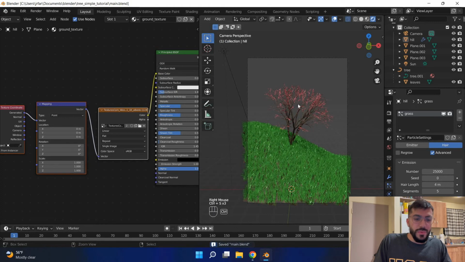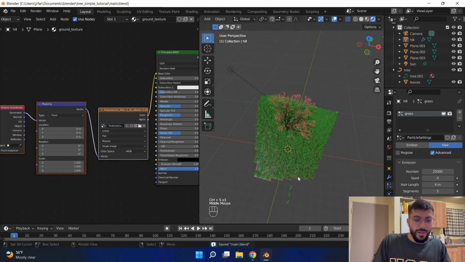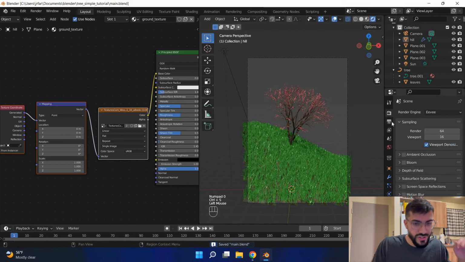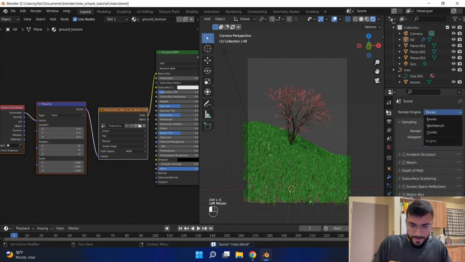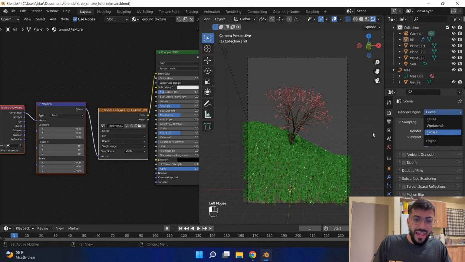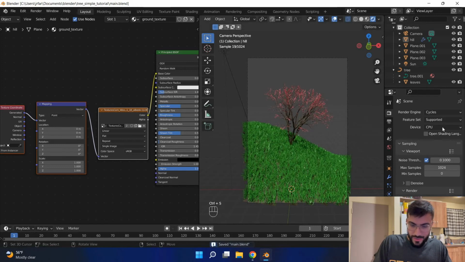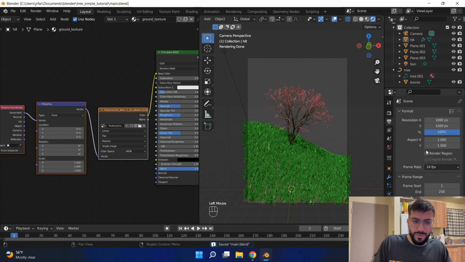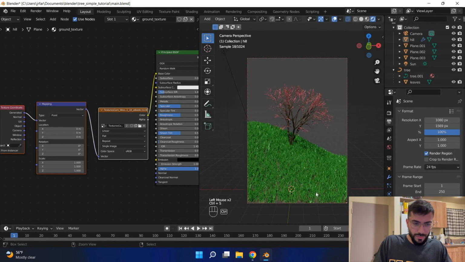Okay, so now we're going to start making the scene look pretty. So first of all, we've been using Eevee this whole time, but we're going to want to switch to using Cycles, which will look a lot better. So click on Eevee. In this right panel over here, click on Render Properties, click on Render Engine, pick Cycles. And now it's rendering everything. So if you have a GPU, you can switch to GPU Compute, which will be a little faster. You want to go to Output Properties, which is the next tab down, and just click Render Region. And that will only restrict the rendering to this camera region, which is what we want,